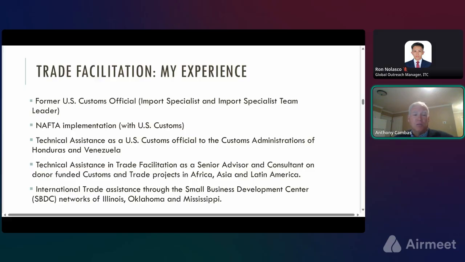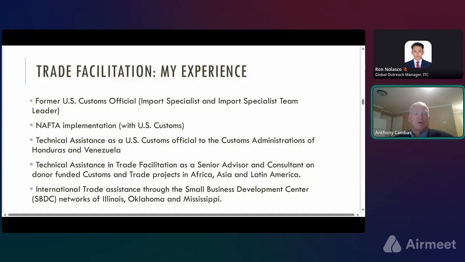While with customs, I did some technical assistance around the world. As a U.S. customs official, I did some work in Honduras and Venezuela, focusing on helping countries maximize their ability to, we didn't use the term as much back then, facilitate, but also to enforce trade. So finding an optimal balance to make sure that risks were properly managed and enforcement was appropriate, but also that trade was facilitated, because you can have the most efficient and most effective customs administration, but if that enforcement stifles economic activity